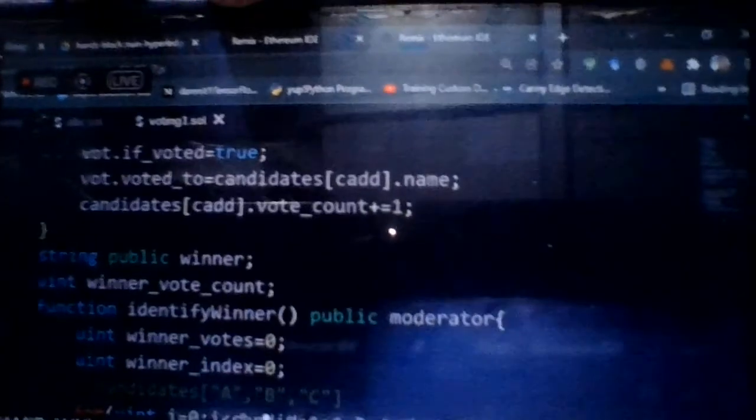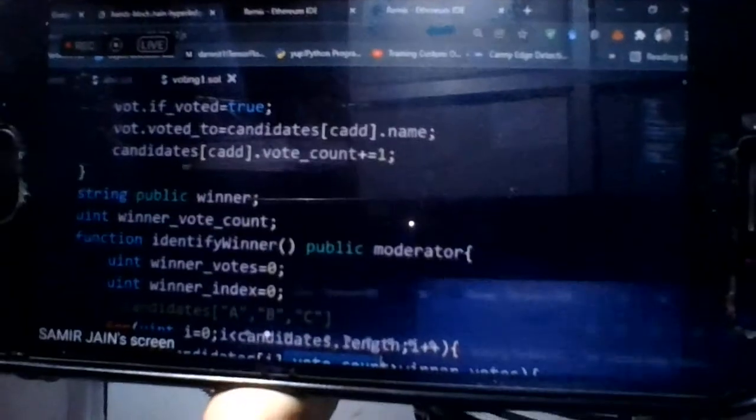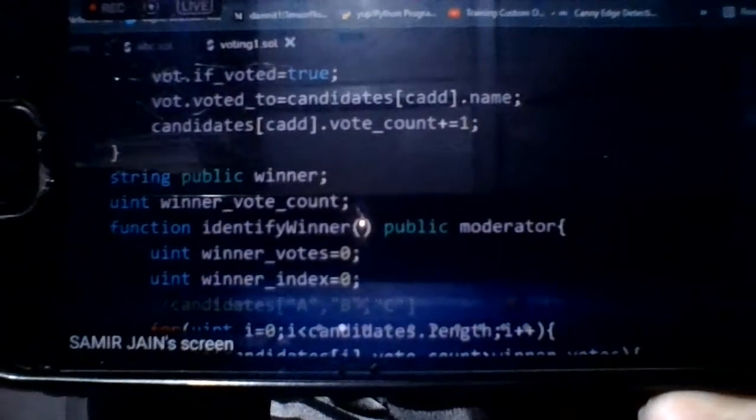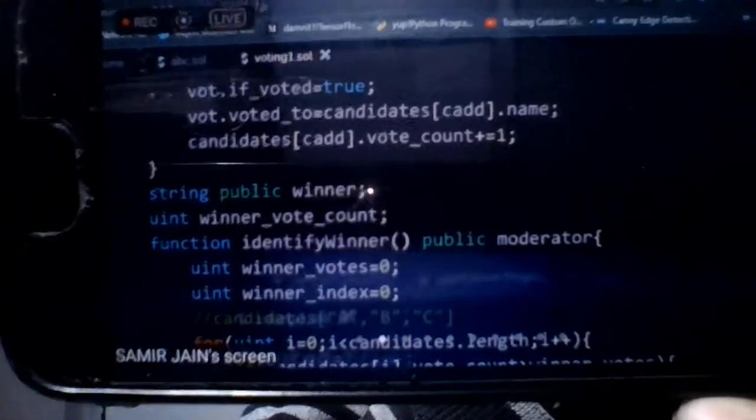Inside the if, suppose this condition is true, then we'll come inside the if condition and update. So winner votes equal to, because candidate is inside the candidates array, candidates I dot vote count.